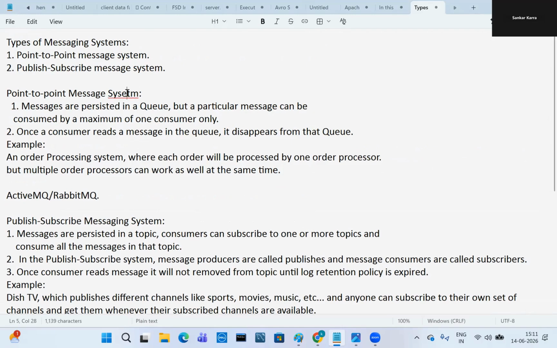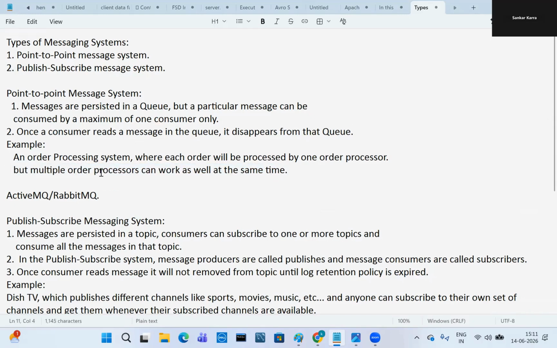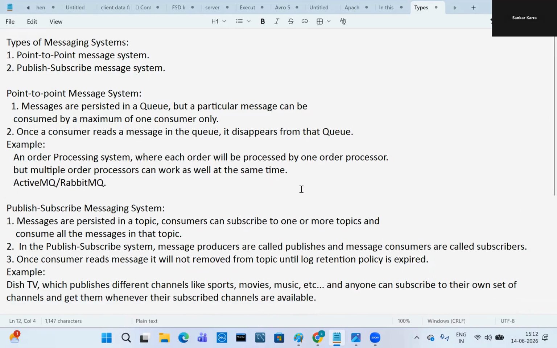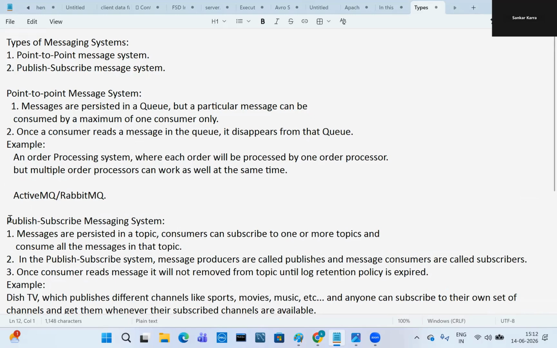Each message is consumed by only one consumer, right? Once a consumer reads a message in the queue, it disappears from that queue. It will be gone. For example, an order processing system where each order will be processed by one order processor. But multiple order processors can work at the same time. Examples are ActiveMQ, RabbitMQ, like that.